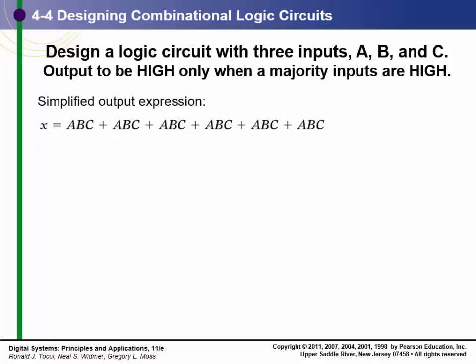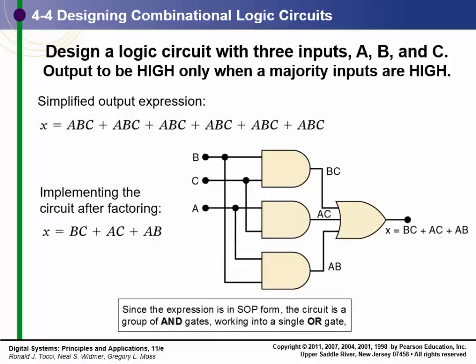So again, we've got simplify, and this looks like pure garbage here. This is a typical problem where they're saying design a logic circuit with 3 inputs. The output is to be high only when a majority of the inputs are high. Now, what they're not showing you is that this simplified expression is messed up. What it should be, if you look at this, is, and I'm going to write it on here,